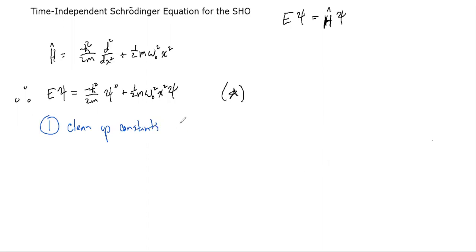And you know that you've done this right if instead of x, you can figure out, and I don't know if I can even draw a psi in this. Yeah, there's a good looking psi. You know you've done this right if you can get things to be unitless. So cleaning up the constants, turning this into something that you might see in a DiffEq textbook is a good idea. And then two is, you have no other techniques available, right? All you know is that I'm pretty sure that psi should be well-behaved. My wave function should be well-behaved. How about try a power series,